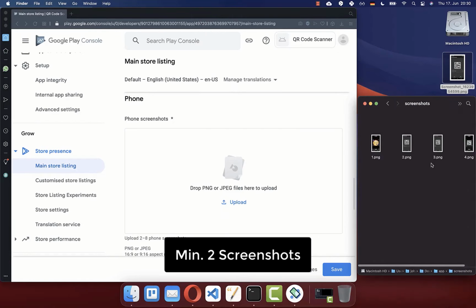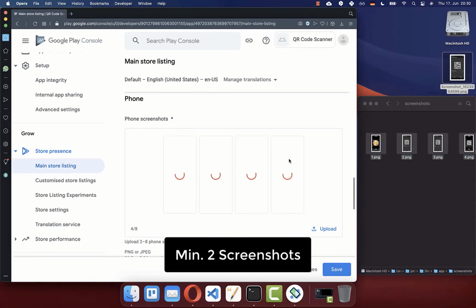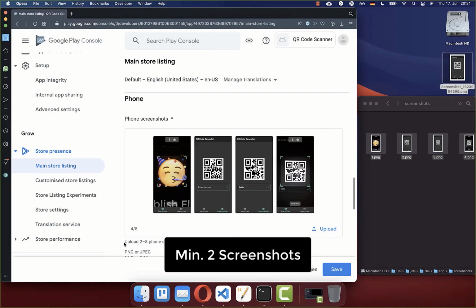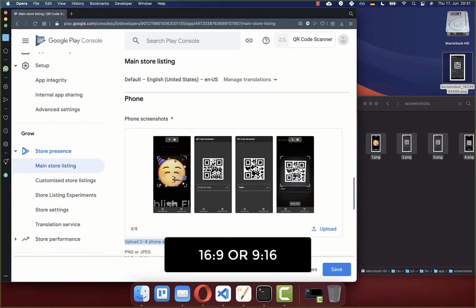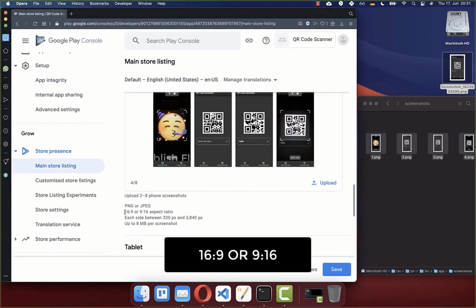In my case, I have already created some screenshots and I can simply drag them inside. Make sure that you upload at least 2 screenshots, which is mandatory, and you can upload a maximum of 8 screenshots. The screenshots that you upload needs to be in a format of 16:9 or 9:16 as an aspect